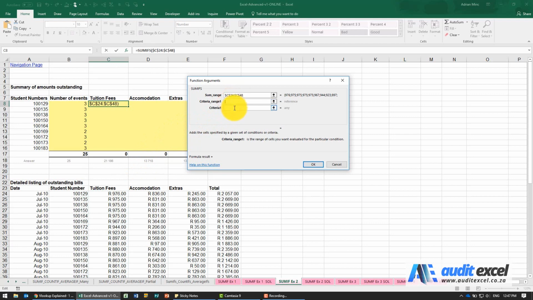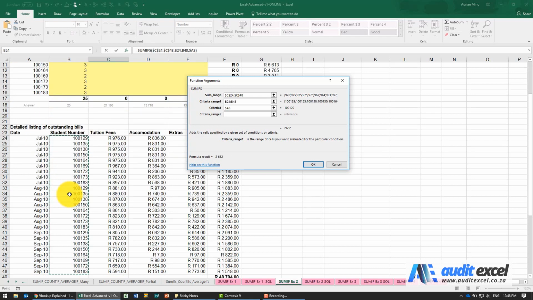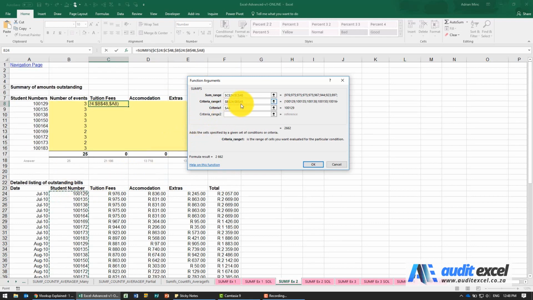We're going to do the criteria first. So the criteria for this one is that student number. Now I know I'm going to copy it across, and I know the student number is always going to be in column A. So I'm actually going to put a dollar sign on the A. Where must Excel look for that student number? I must look over here. I'm going to put my dollar signs on. And in this case, it's always going to look for the student number here, no matter where it goes. So those dollar signs are correct. If I leave it like this, it'll work fine.